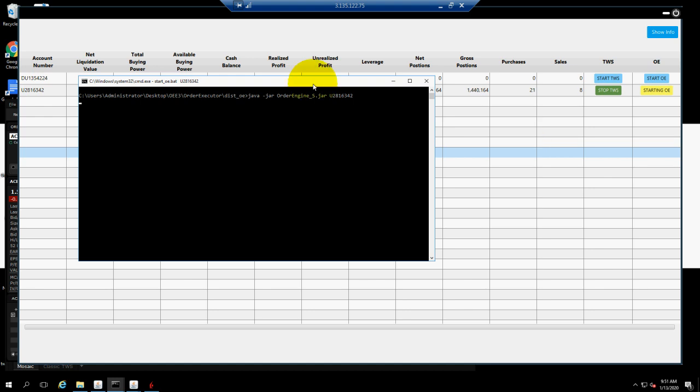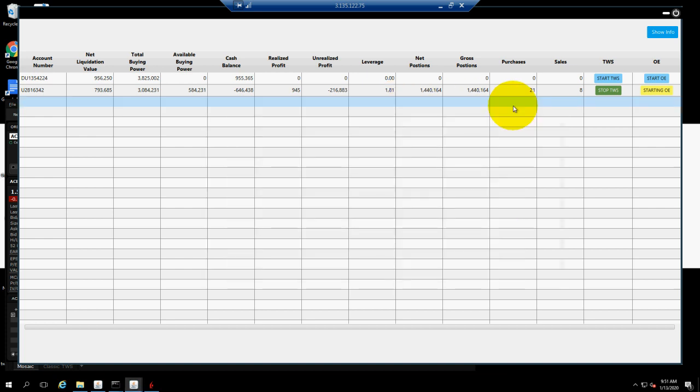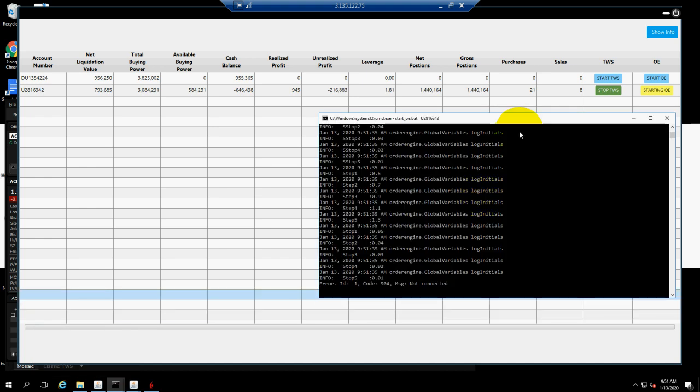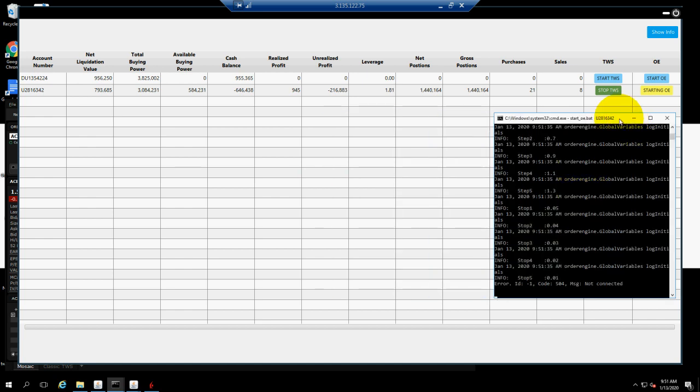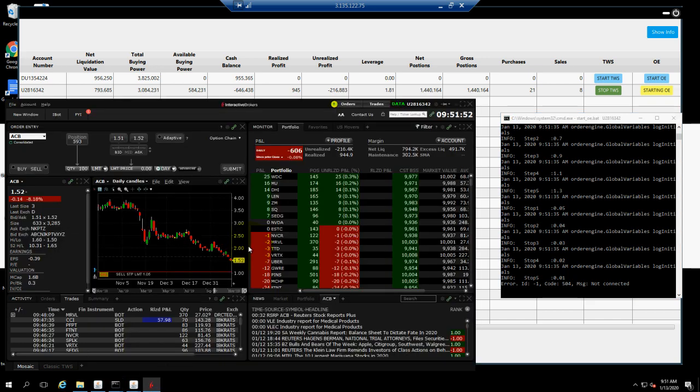As soon as you start the order engine, it will start on its own, and it will also send emails at the same time. There you go. So the order engine is getting reconnected, and as soon as it gets reconnected, it will basically